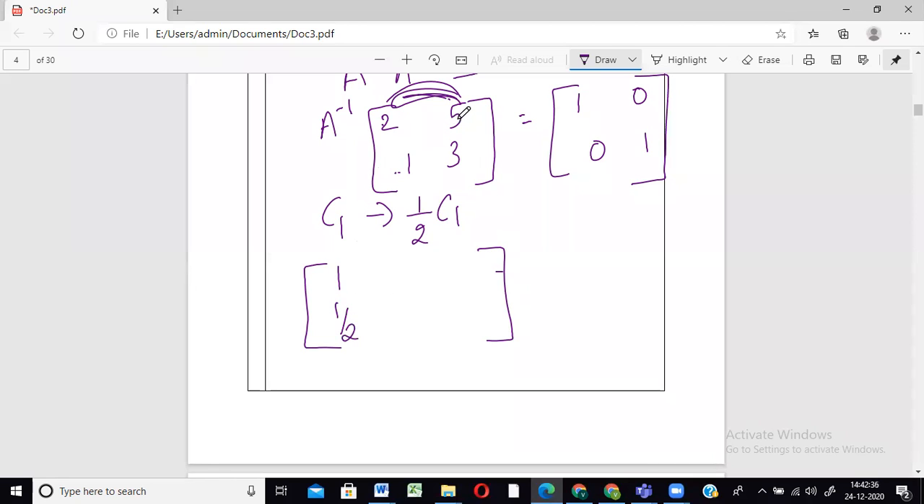Okay. Here in C2 there is no change. I will write C2 as it is. A inverse of course, this also you should not forget. Here again the same rule. Column 1 divided by 2. 0 divided by 2, there is no change. It will be 0 only. Column 2, there is no change. Okay. So now coming to